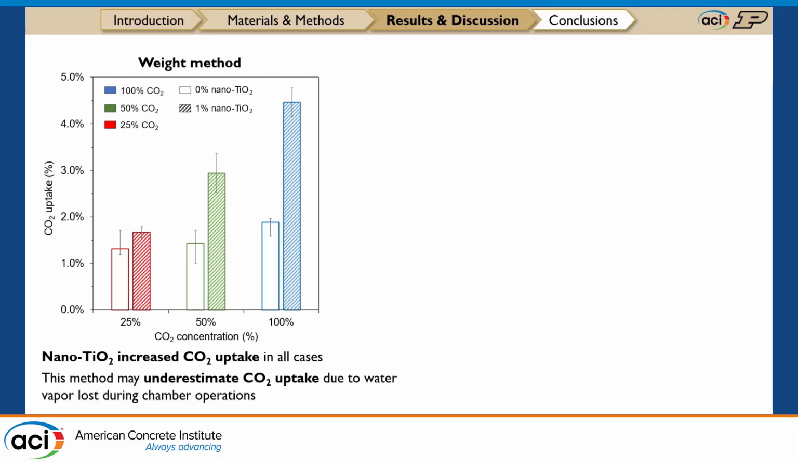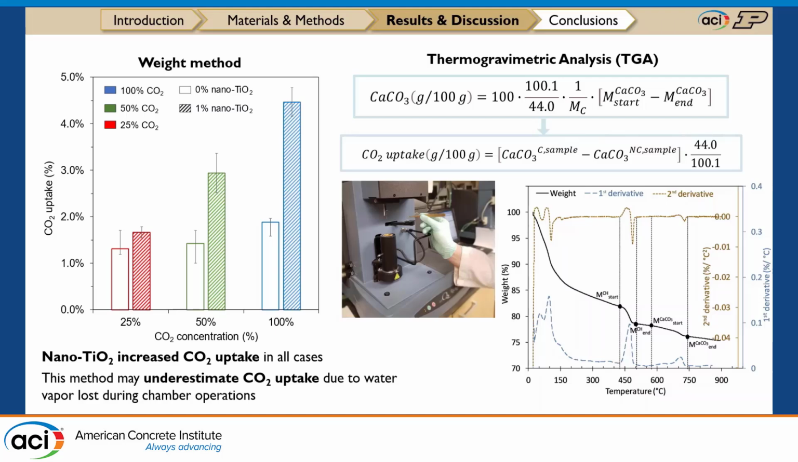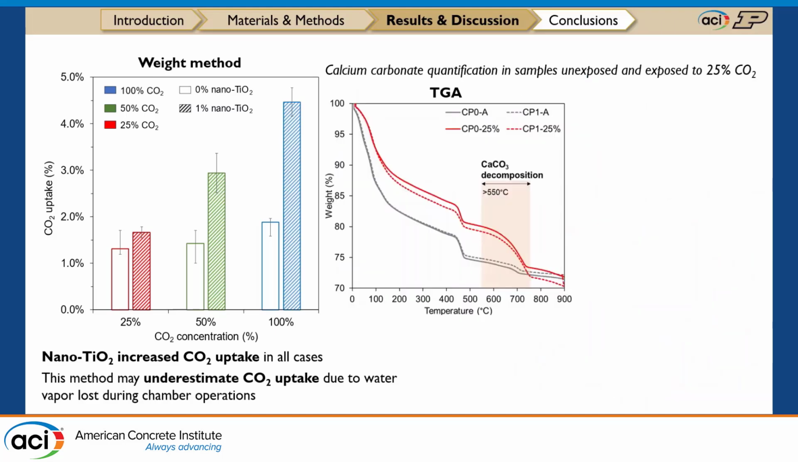That is because this method basically accounts for the increasing weight created by the calcium carbonates, but water is also created in this process, and you have to account for that. In this process, it's very complicated because this water is converted into vapor, which is difficult to measure. However, we did want to verify that carbonation was happening, and for that we did thermogravimetric analysis, or TGA, which basically calculates the amount of calcium carbonate in the material, and with that we can calculate the CO2 uptake in these materials. And because this was just a verification, we did it on the samples exposed to 25%